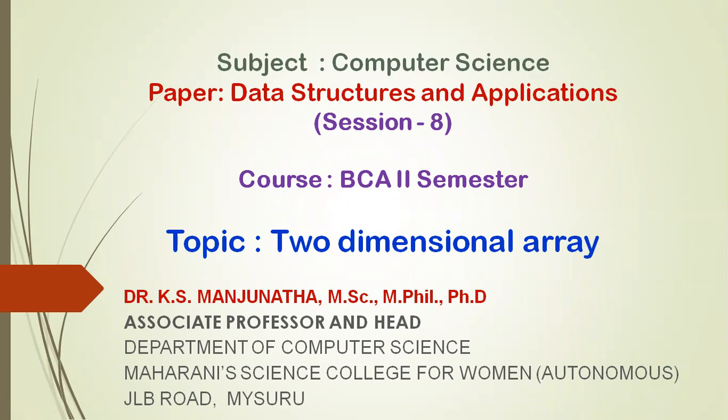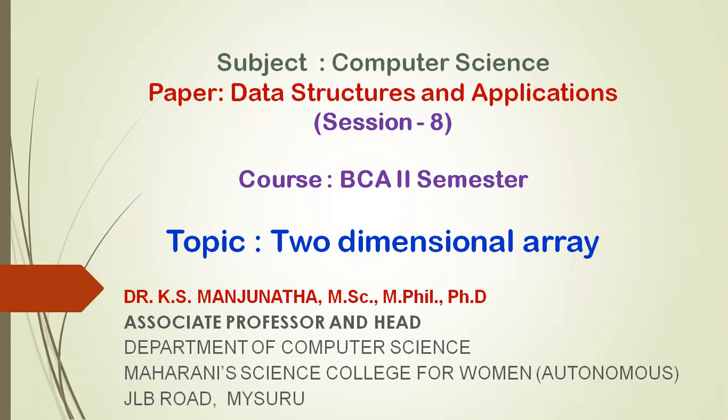We know that array is a linear data structure which consists of a set of data items of similar data type, which are stored in a consecutive memory location. And each and every element of an array is accessed by using subscripts. If you are able to access any element of an array using one subscript, we call that one a one-dimensional array. For example, in a one-dimensional array, suppose you want to access the fourth element, then we write a within the square bracket 4. If you want to access the 10th element, we can write a of 10. In general, if you want to access the ith element, we write a of i.